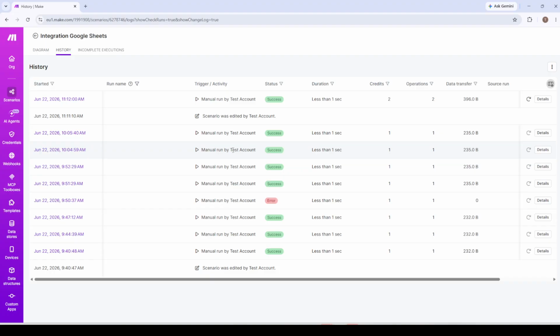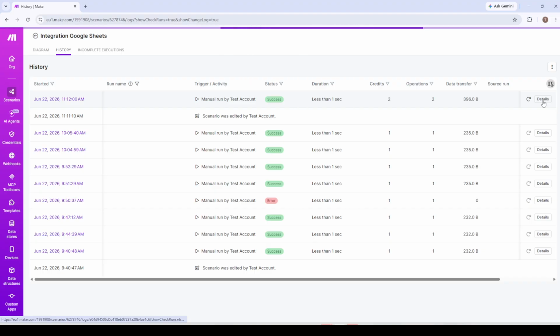Now here's where a lot of beginners get a little confused. You're not looking inside the scenario builder itself. Instead, look at the tabs at the top of the screen, find the one labeled History and click on it. This view is completely separate from the visual flow editor you normally work in, and it gives you a chronological list of every single time that scenario has ever run. Each row in that list represents one execution, complete with a timestamp, a duration, and a status indicator. Getting comfortable navigating here is foundational, because this is where you'll spend most of your troubleshooting time as your automations